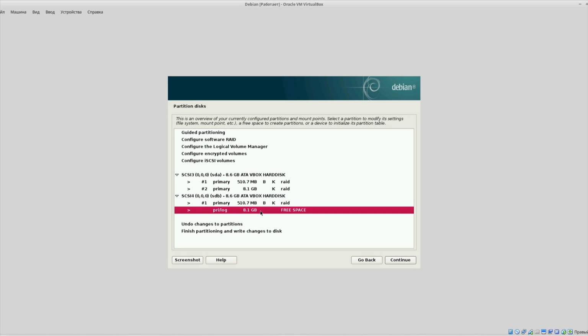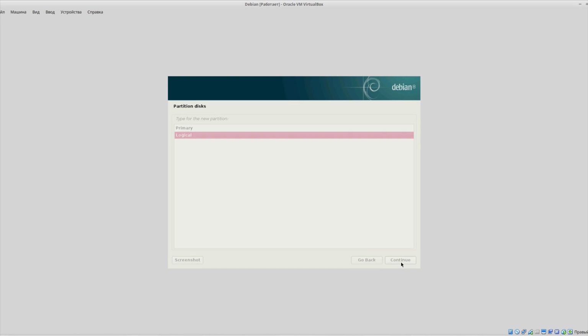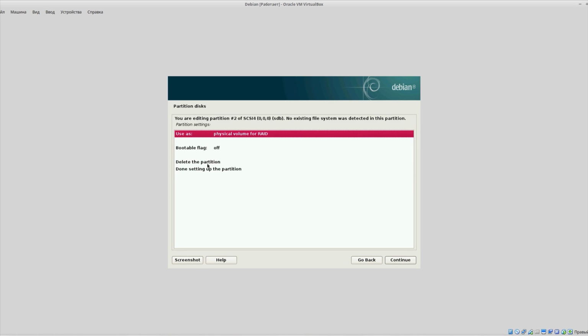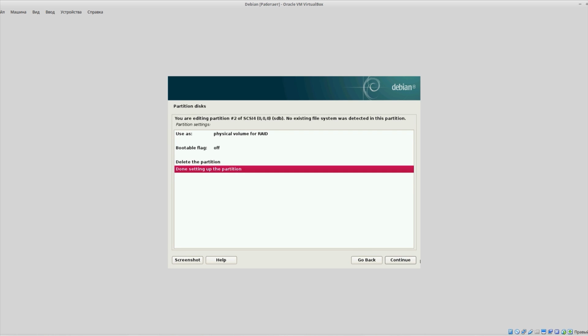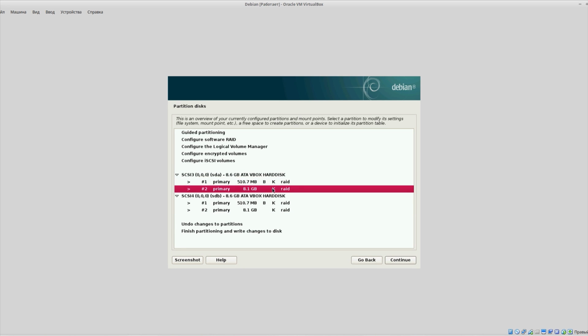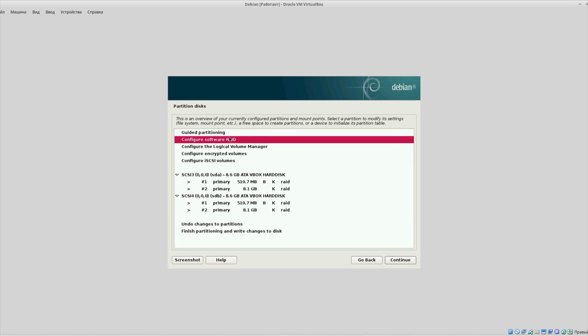Free space, create new, continue, primary, physical volume for RAID, done setting up partition. So now we have basic partitions for our RAID management. So now we can select this option, configure software RAID,